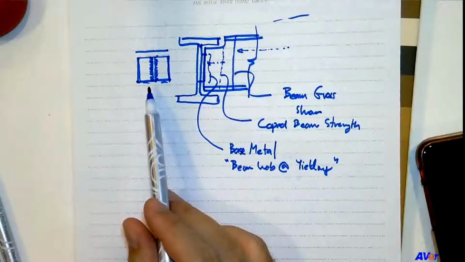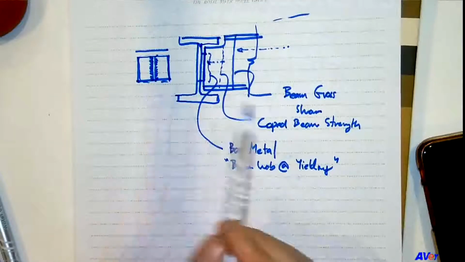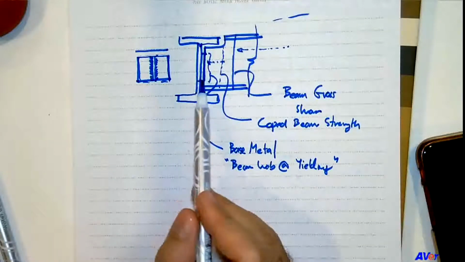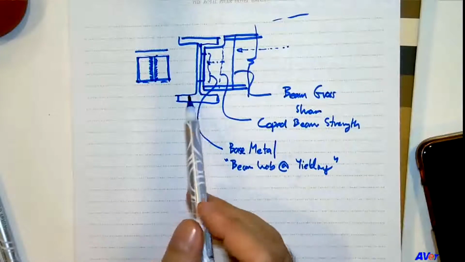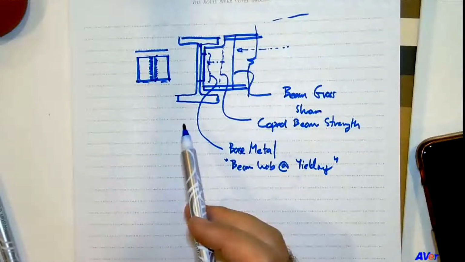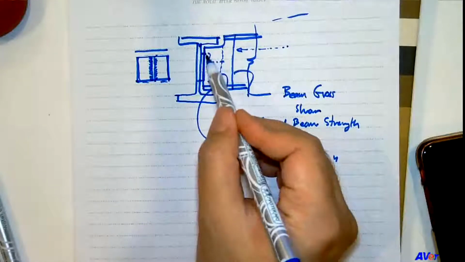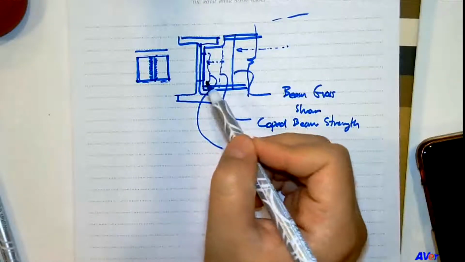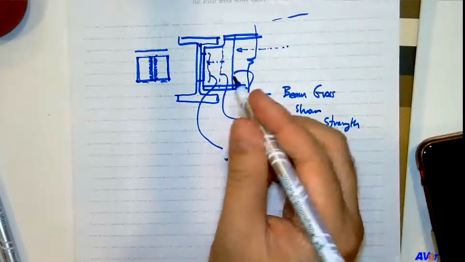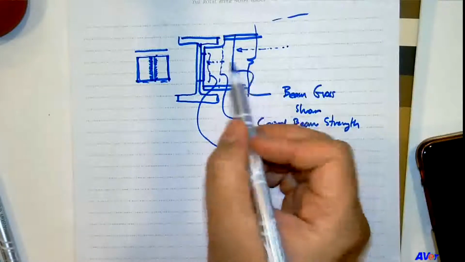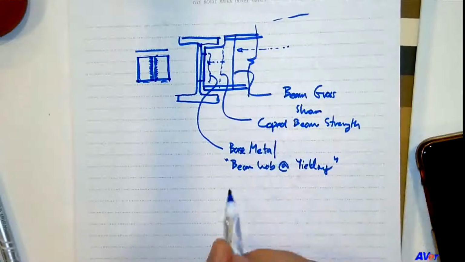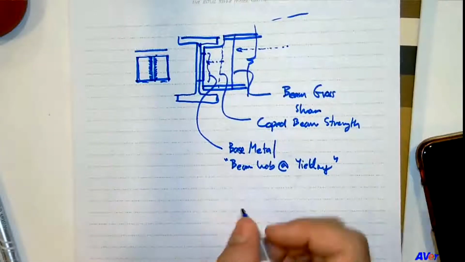If you weld it on both sides and you have one beam web, so this becomes really the bottleneck or the weak spot of our connection. And because this is the only length that can be used to transfer the shear from the beam onto the connection, so that means when you consider the